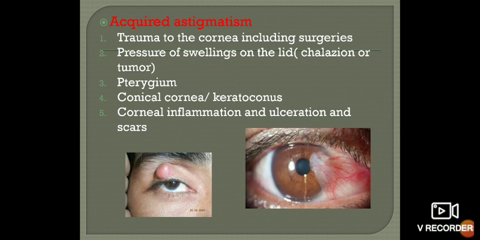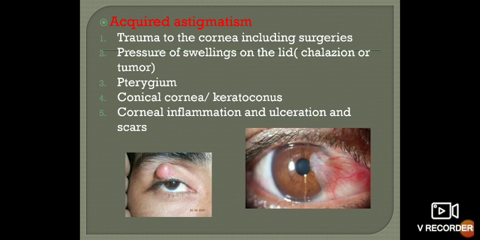On the right side, you can see another figure. This is pterygium. So what is pterygium? It is a degenerative condition of the conjunctiva, which grows as a proliferative mass over the cornea. And what does it cause? It causes a stretching and flattening of the horizontal meridian. So again, it will cause astigmatism, with the rule astigmatism. Remember. So in case of pterygium, the horizontal meridian is flatter and the vertical meridian is more curved. Okay, and this is a type of with the rule astigmatism. So pterygium can cause astigmatism.